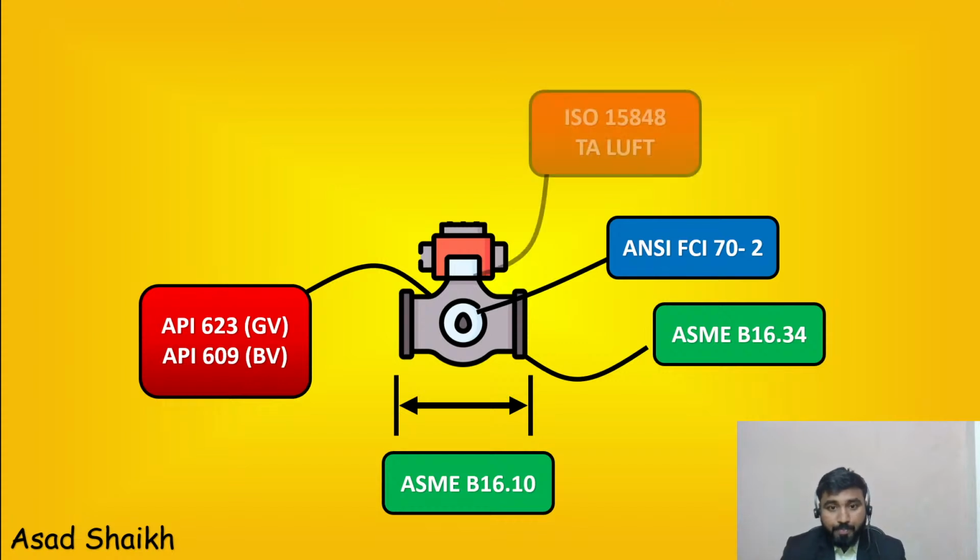Please avoid that. Next is your fugitive emission standards, ISO 15848, TA-Luft. Here something for you to know is in ISO 15848 you have dash 1 and dash 2. Basically one is where you do actual testing of all the valves, and in certain cases you have just type testing, so you test a particular valve and that is suitable for all the other valves. TA-Luft is very well known. It is usually used in German projects, etc.